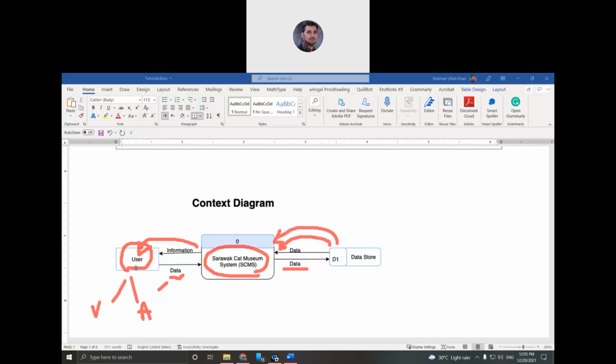The admin will also send some information and data, and they will get some information. So there will be some interaction between the admin staff and the system, and the system may have interaction with the database.